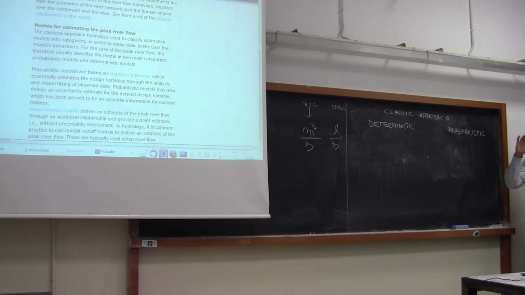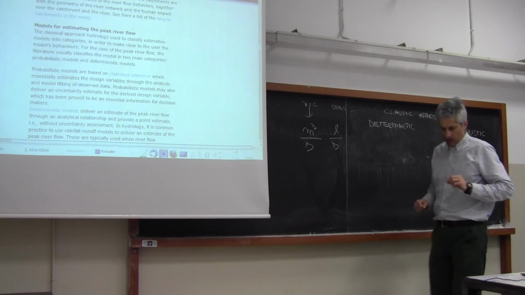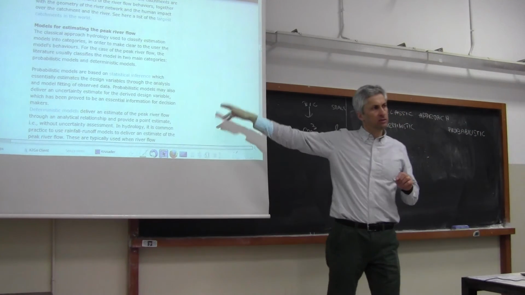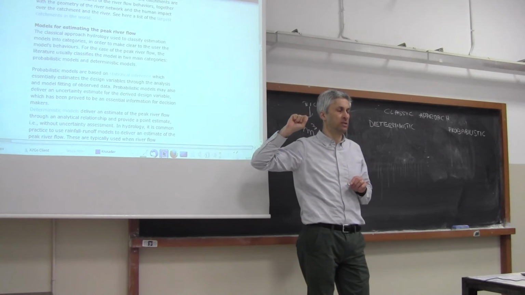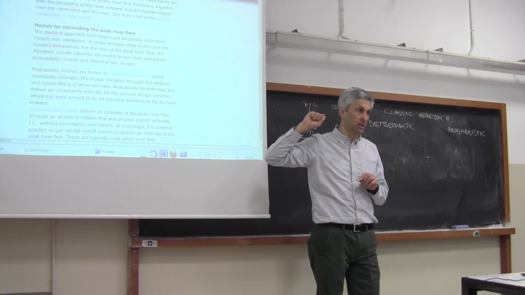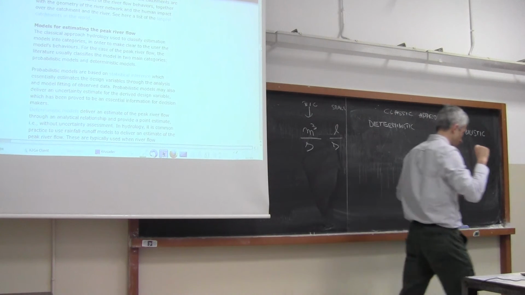So what is the meaning of these two terms? And there are links here in this page to define what is the meaning of deterministic and what is the meaning of probabilistic. So the deterministic model